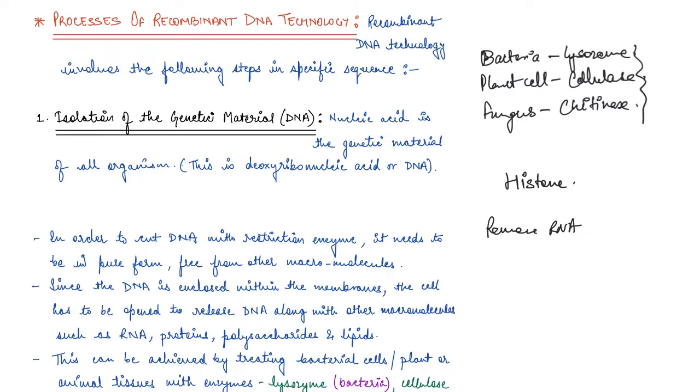Now we'll start removing the macromolecules, right? So RNA will be removed by treatment with ribonuclease. In the same way, all the other molecules like proteins, polysaccharides, lipids will be appropriately treated,